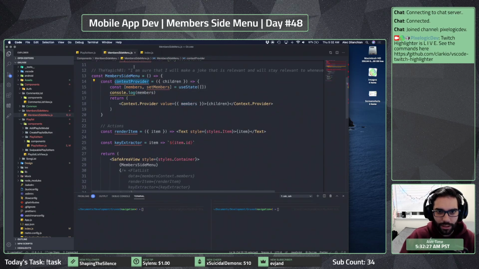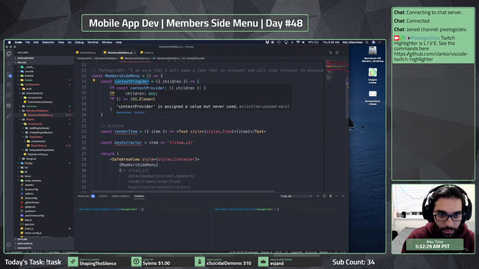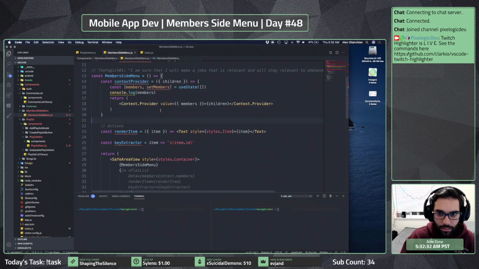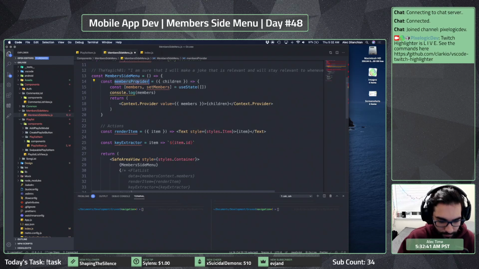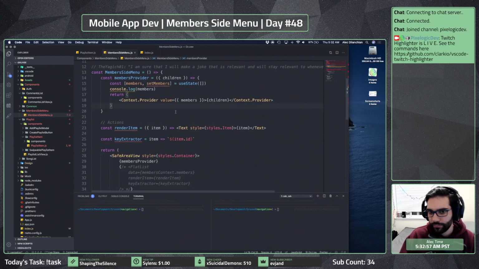Right, this would be context provider. So let's call this members provider. Actually would go there. And then that thing is doing that. Console members, then return context provider value members.